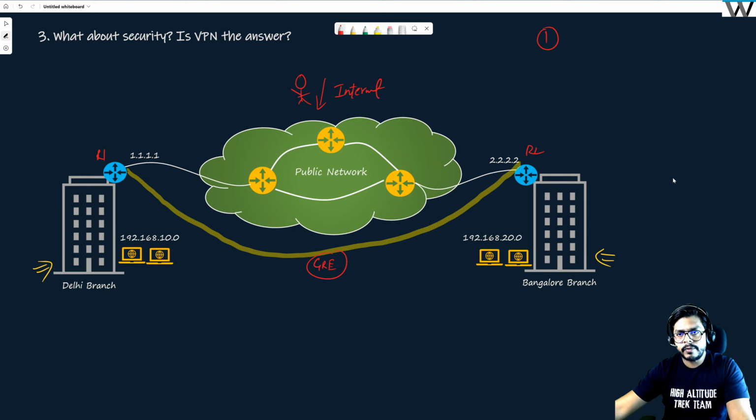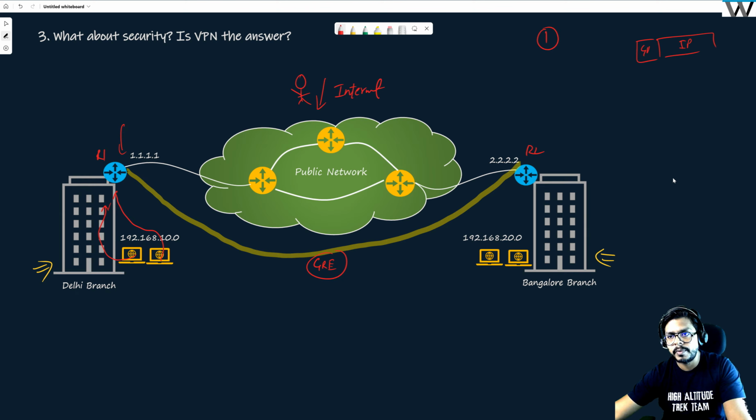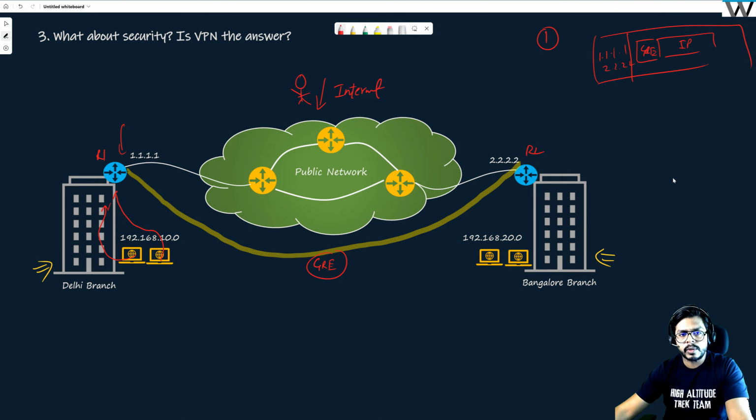No problem with that, right? Through this GRE. What this router needs to do is take whatever packet these laptops or PCs send to it, put a GRE header on top of that IP packet, and then encapsulate it into the bigger IP packet with source 1.1.1.1 and destination 2.2.2.2. As simple as that. No router in the middle is going to complain because for them it is an IP packet. No issues, no problem. But now,